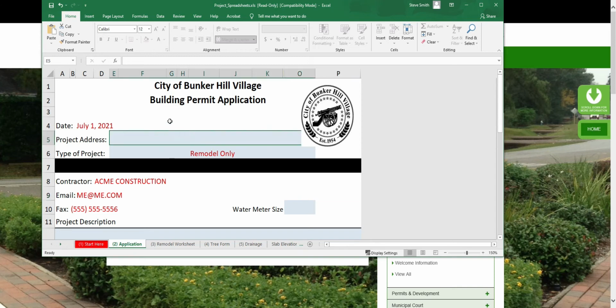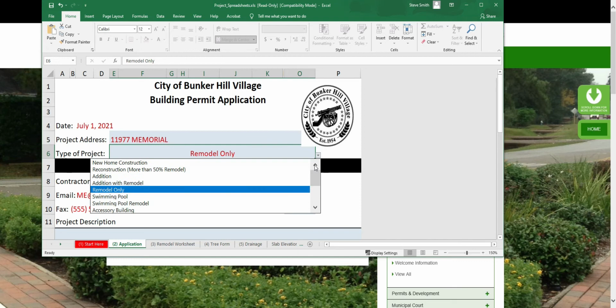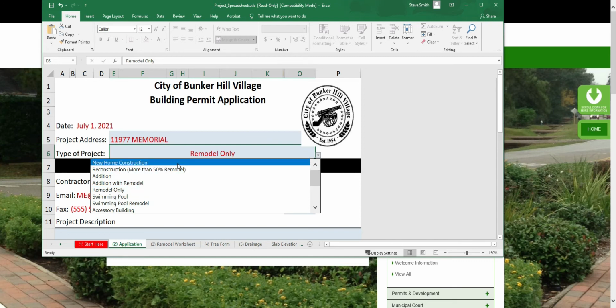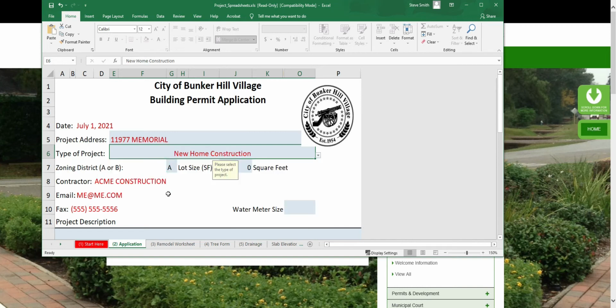The first blank that you'll need to fill out is the address of your project. And then there's a drop-down list where you need to choose what kind of project it is. We're going to choose new home for this example. Below that, you'll need to